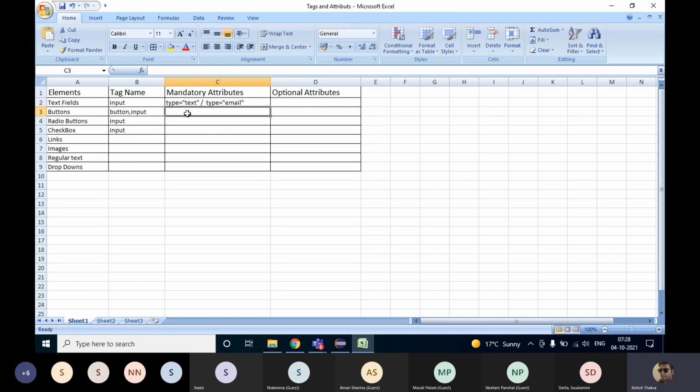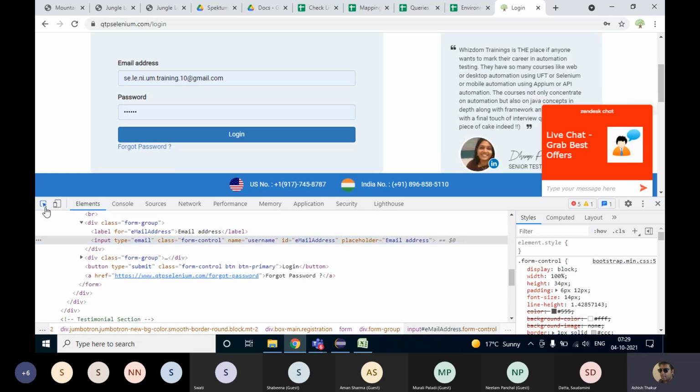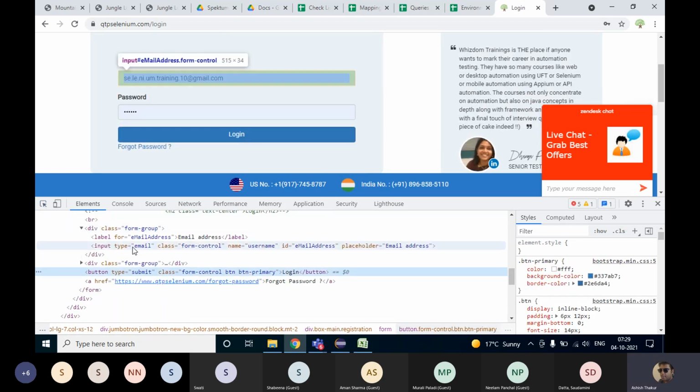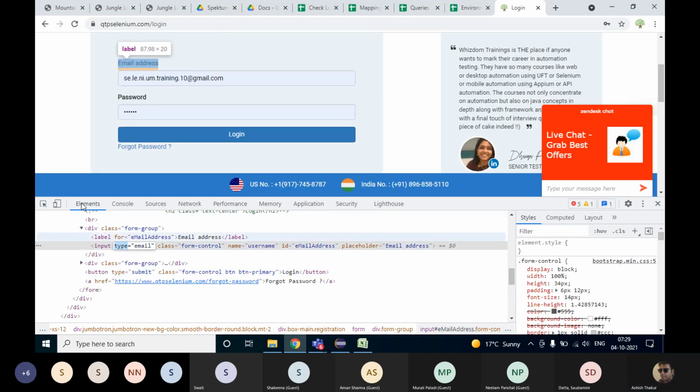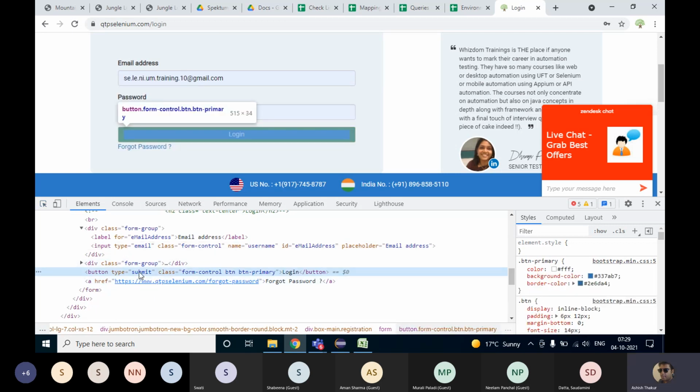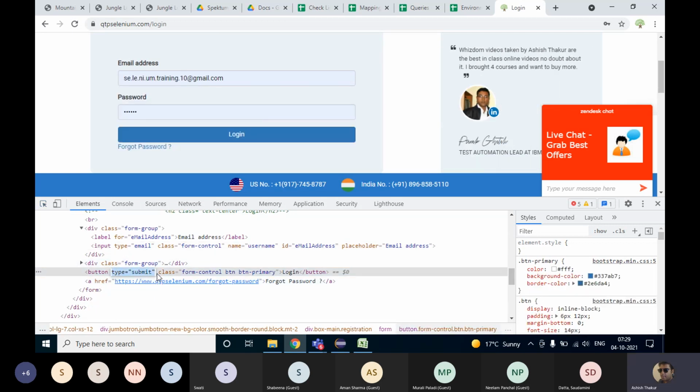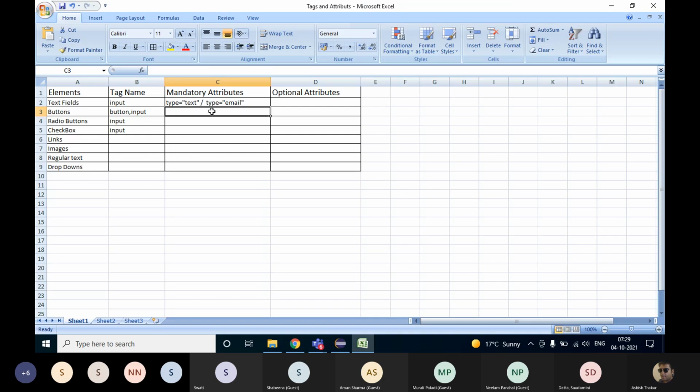In case of a button, if you look at the button login, the type attribute is there. The type attribute is equal to submit. Yes, this will always be there with the button.